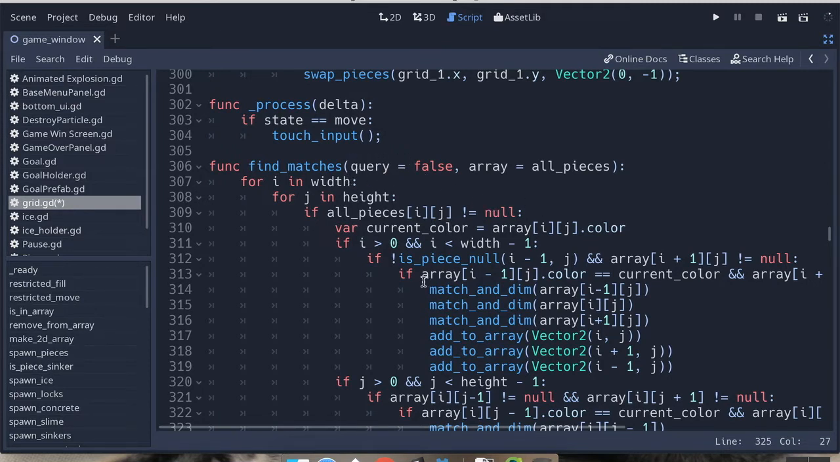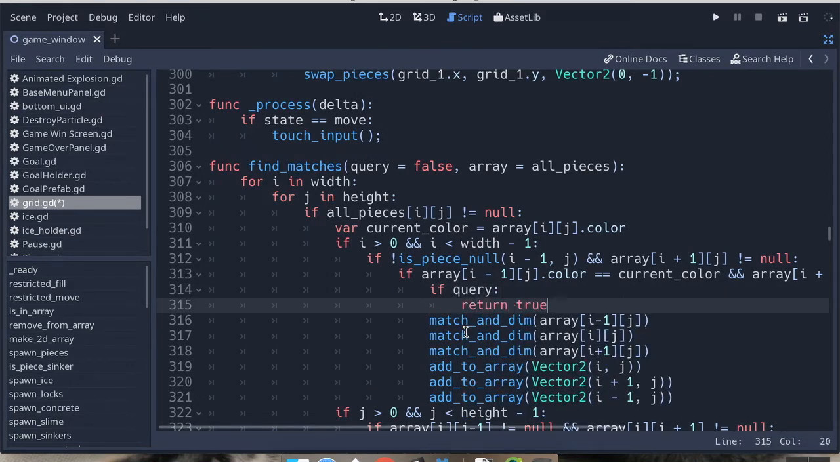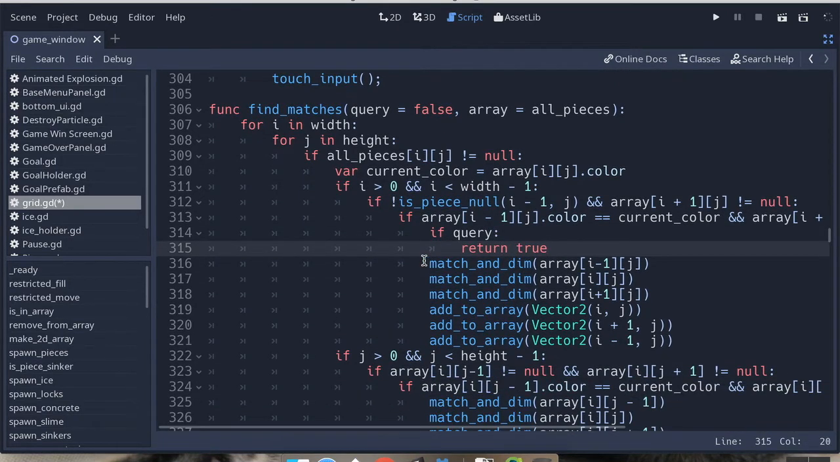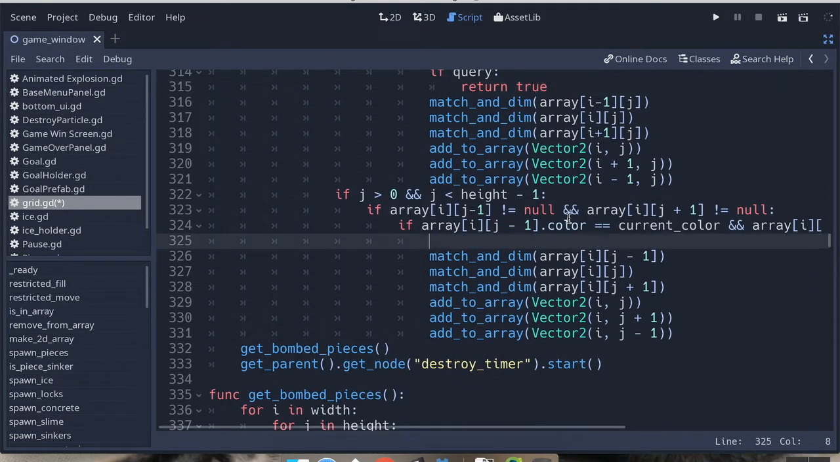So here's where the query is going to come in. Before I do anything with the pieces, after I check them, before I do the match and dim or add to array, I'm going to check to see if query is true. So if query, I'm going to return true, because that means that there is a match. If I get to this part here, there's a match on the board, and I don't need to add anything to the array. I'm going to do the same thing if there's a match down, and so I'm going to say if query,